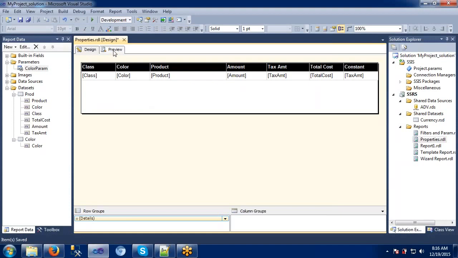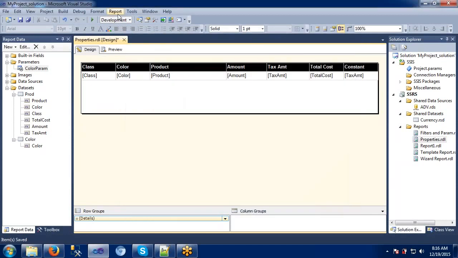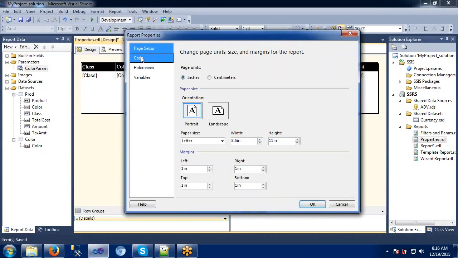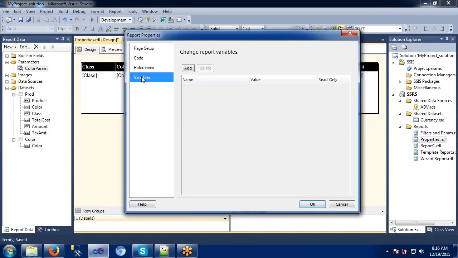Okay. Yeah. So we are discussing about how to define the variables. So go to the report properties. In this, you will find the page code, reference, and variables. I guess I have shown you in yesterday's session what options are available. All those things we have seen, right? So here we can define some variable. Some test equals some 100 here.